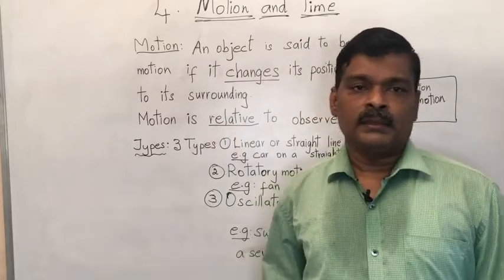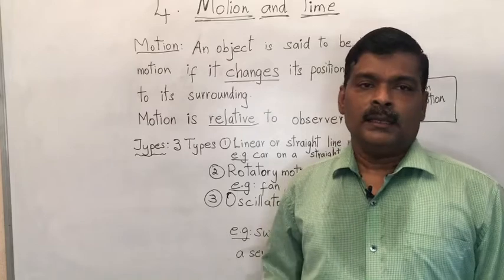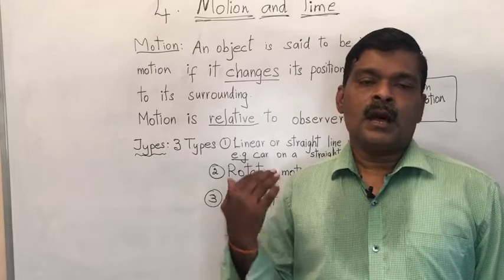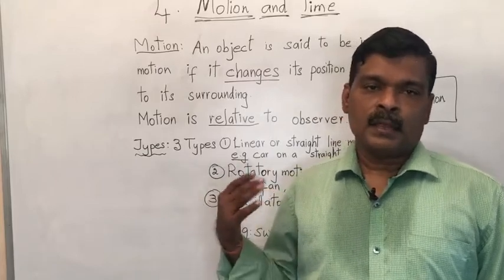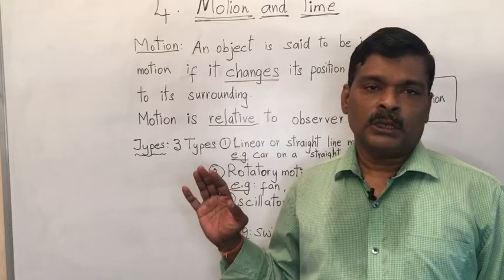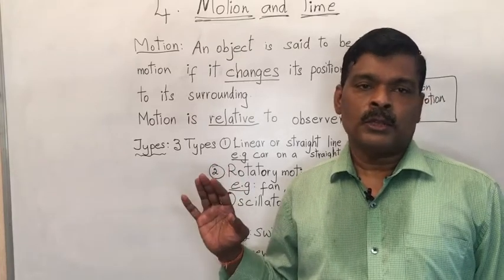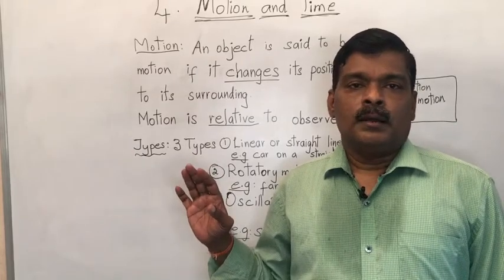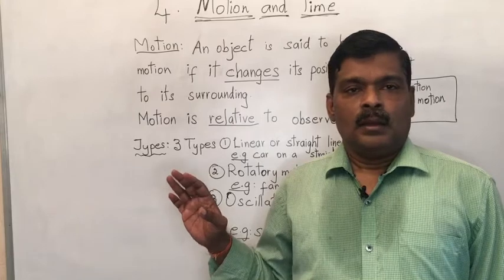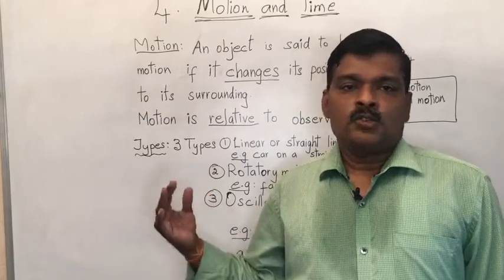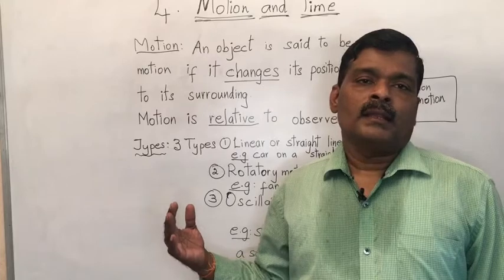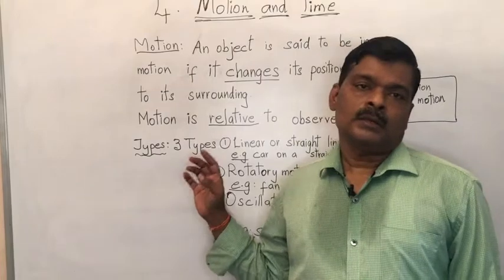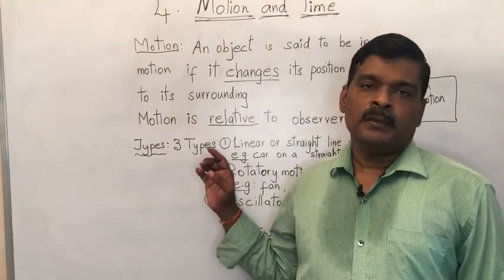We are raising our hand, we are walking, we are running, we are swimming, we are going in a boat, a car is running. These all are motion. Birds are flying, cycling, everything is in motion. Even our fan rotating is also a motion. Birds' motion, butterflies' movement, plants swaying in the air, that is also motion. So many motions we are seeing around us. Clock wheels and arms are in motion.